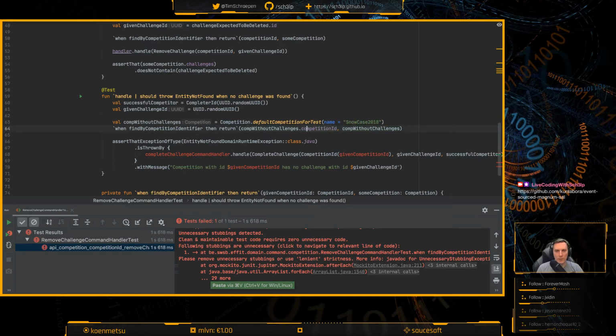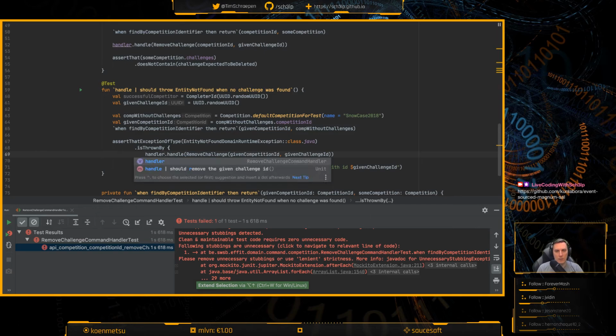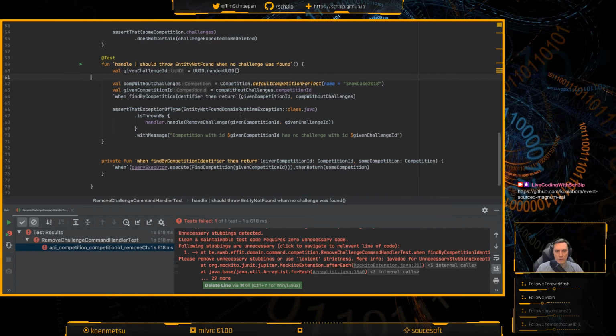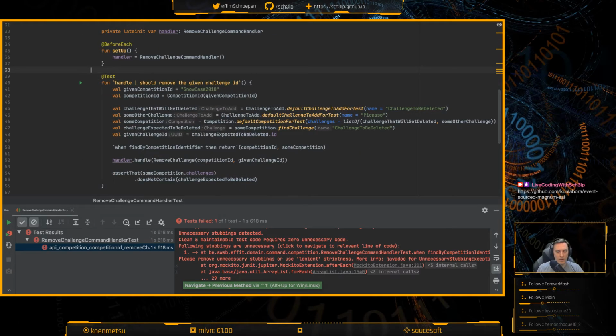All right, I need this as the given competition ID, and then I can get rid of this. Don't need this thing here, and instead I want remove challenge. There we go, and it should return the same thing. This not used. This not used. No. Let's run it.